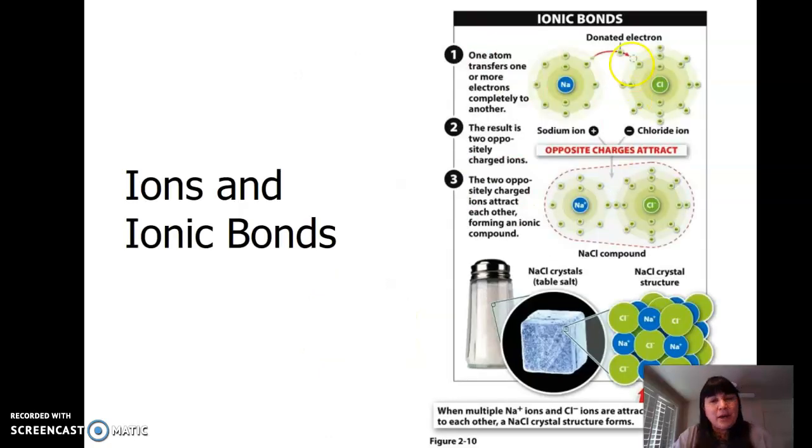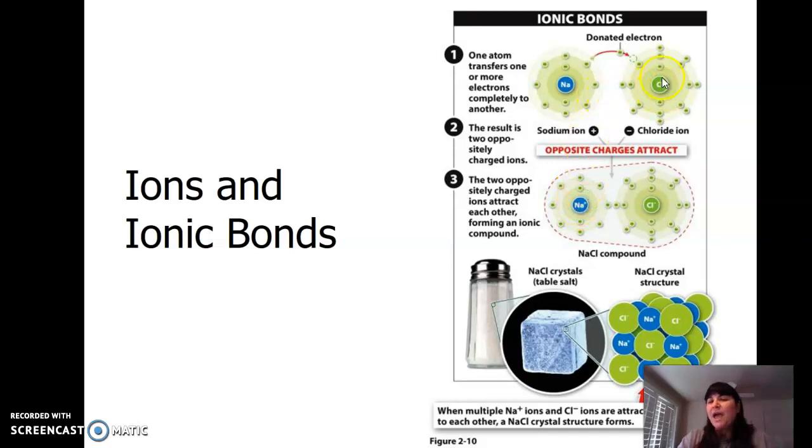Another type of bond is an ionic bond. With ionic bonds, the atoms aren't sharing their electrons. They're gaining or losing an electron. And why would they do that? Well, they do it because they want to fill their outer electron shell. Now, electrons, if you remember, they're what charge? Yes, negative. So if this guy is going to gain a negative charge, this guy becomes more negative. If this guy is going to lose a negative charge, he still has his protons here, so he becomes more